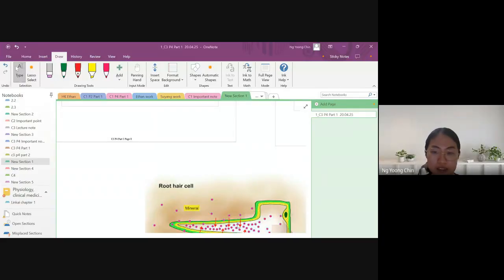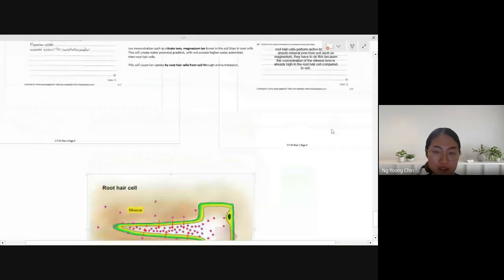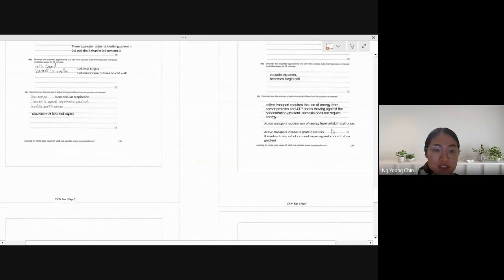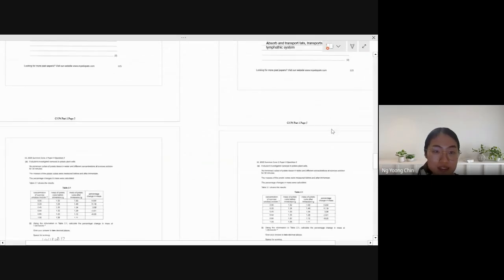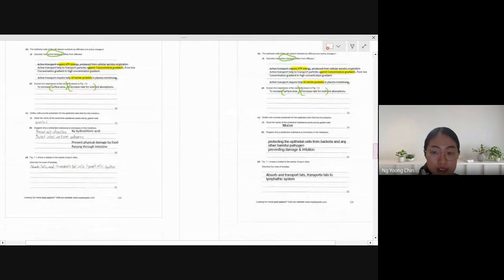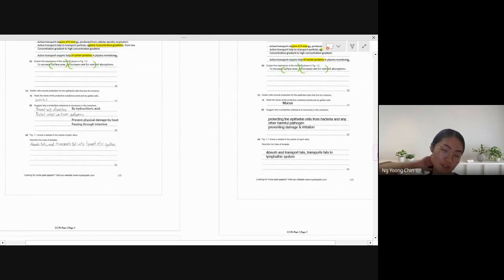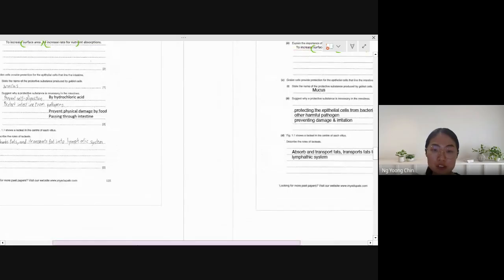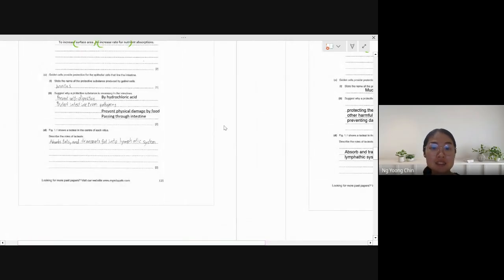Okay. So I think both of you did a great job in answering Paper 4. Yeah. I see you know the concept very well. So I just have some little corrections about your answer only. Okay, you can see, especially for answering biology, you need to be precise. For example, okay, you can see this answer.